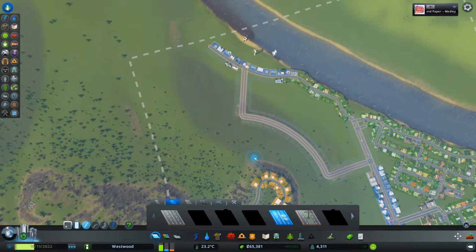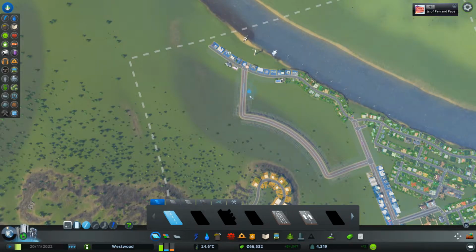There we go. Okay. Then in here, I'm gonna fill in some more residential. It's gonna actually branch off here and come in. And I'm going to have to watch for water. So...